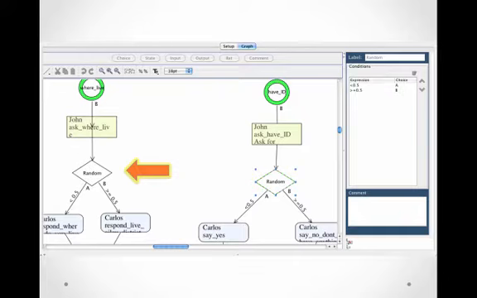Let's take a look at an example. In this graph, an ADF soldier, John Smith, is enforcing a curfew in East Timor. He comes across the NPC, Carlos, who is out past curfew. To increase the replayability of this simulation and add more realism, random nodes were used to create random NPC responses